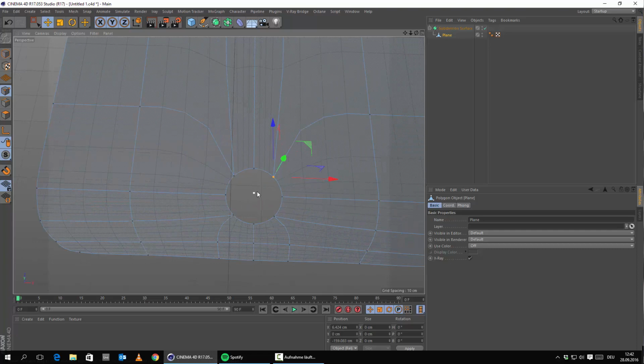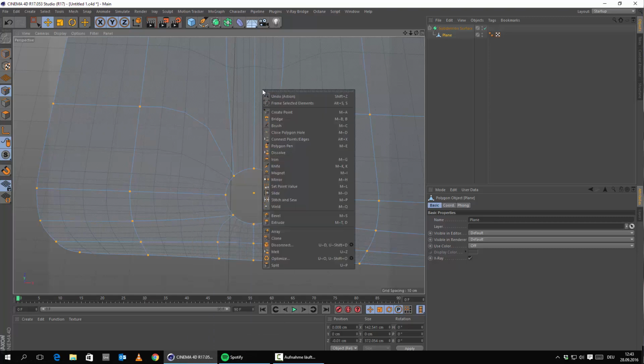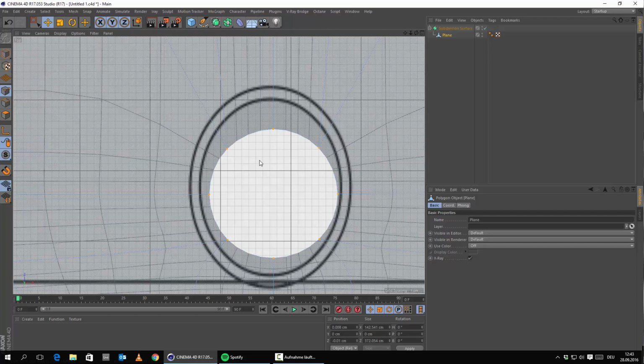As you can see, we have 1 point left here in the middle. So this is still in the scene. Let's hit Control A, optimize, and we get rid of all the unused points that we don't need. One thing that I want to mention